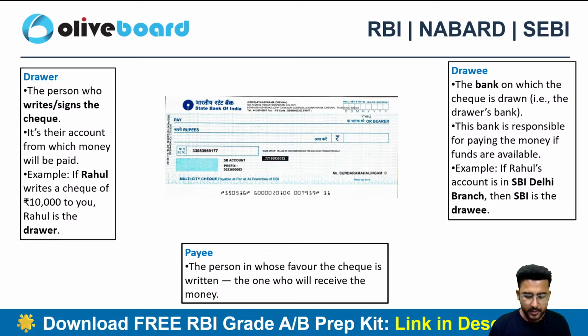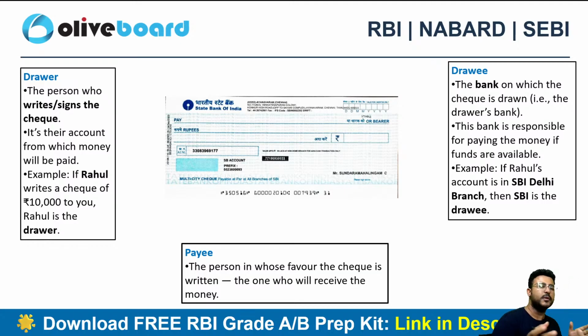Before that, Akshat, for this you need to connect with the team Oliveboard. Definitely they will let you know if there is any such information related to a single document. As of now, let's focus on the RBI circular because we have so much to cover today. For operational queries we can always reach out to the team.